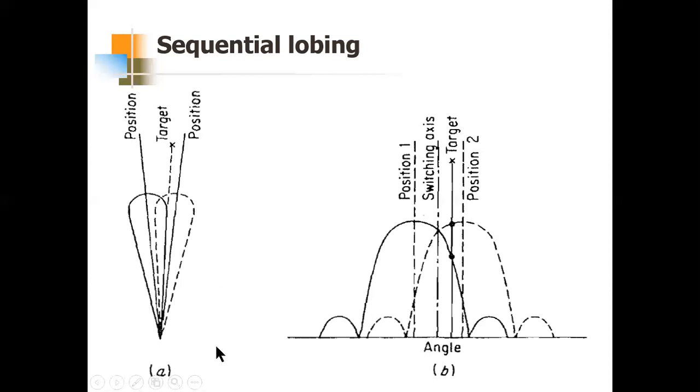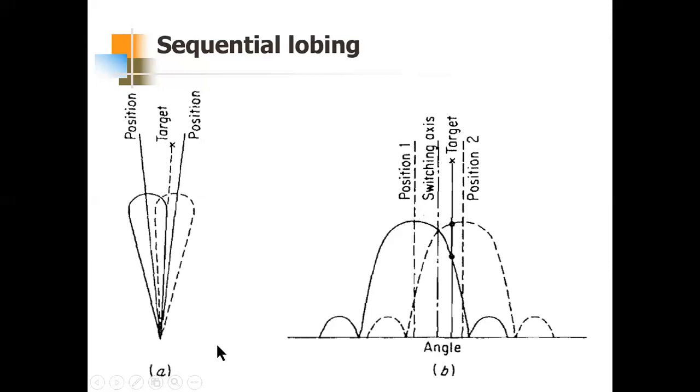So for one angle coordinate, the lobe switching, this is called a lobe, right? This lobe switching happens at two different positions, maybe right and left. If you need both azimuth and elevation location, we need not only right and left, we also need up and down positions. That is four different tracking positions. The figure here shows only two positions, which means it is only one angle coordinate.